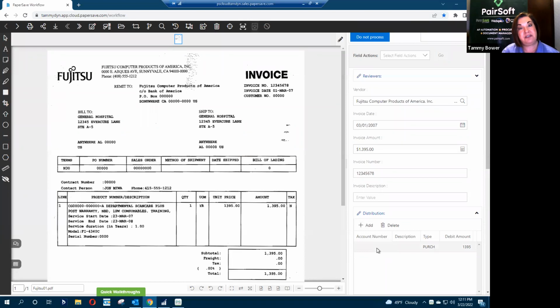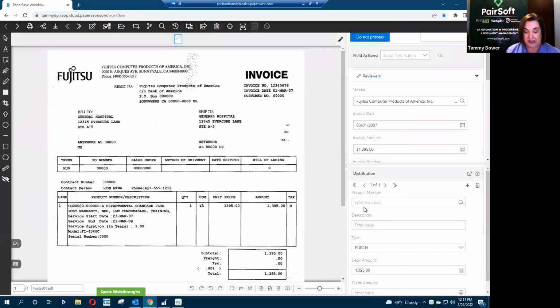And you can make this field required at any of your steps along the way in the workflow. Some of my customers that I've dealt with over the years, the accounting department puts in the account number. Well, great, they can still do that. From here, they can start typing the account number, and as I start filling in this information, you're going to see a list of account numbers come up. Again, that's looking to the table inside of GP to populate and find that information.